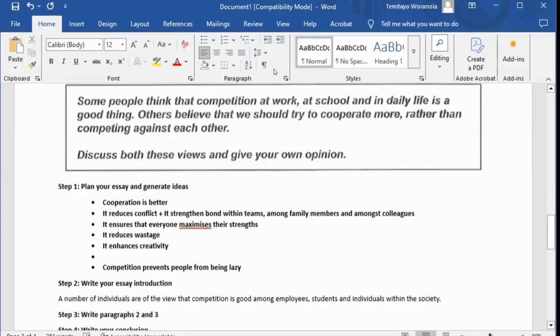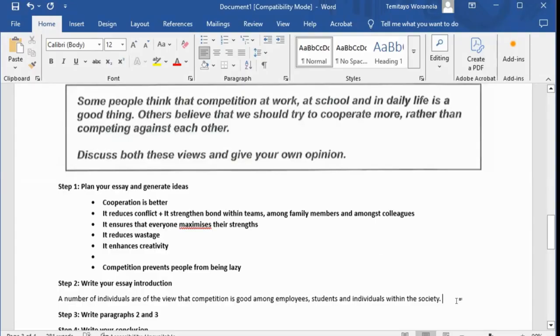Always make sure you use your punctuation in the right place. Always put your full stop at the end of a complete thought. Some people, if somebody else was writing this essay, might just put a comma, then continue, and then the sentence becomes unnecessarily long. That's what we call verbose writing. You need to avoid that. So you can see that they put a full stop there in the essay question.